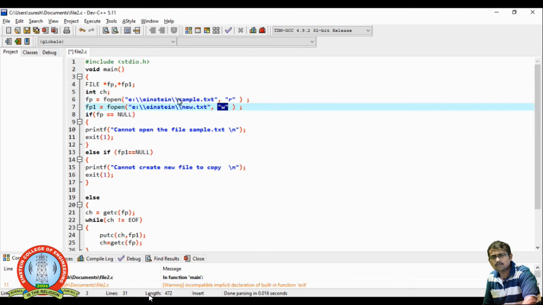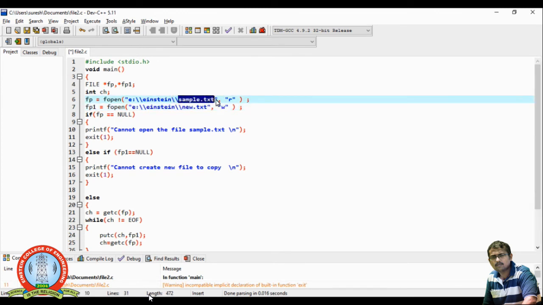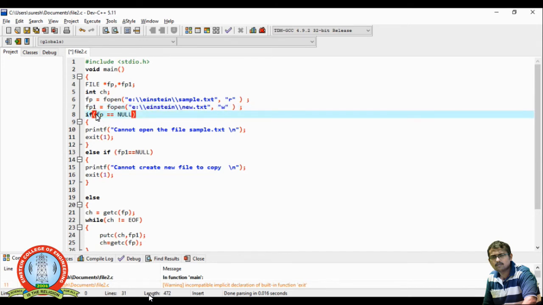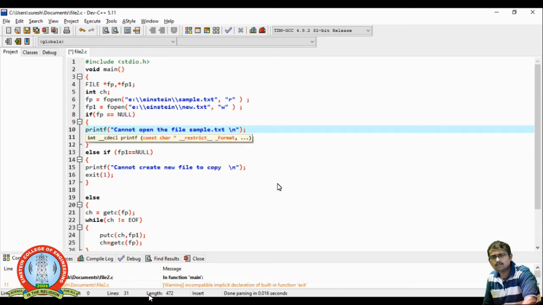Then I check whether both the file pointers are null. I have two file pointers, fp and fp1. Initially I check fp, which corresponds to sample.txt, whether it is present or not.